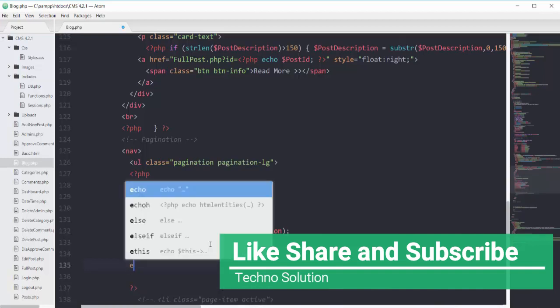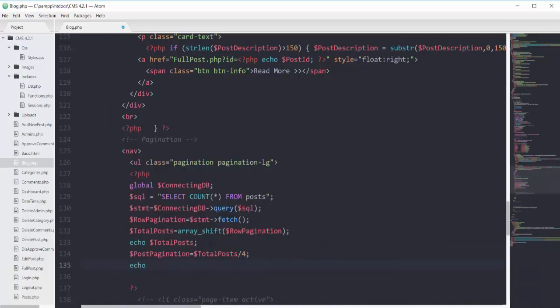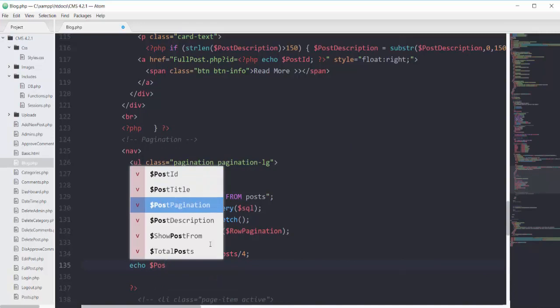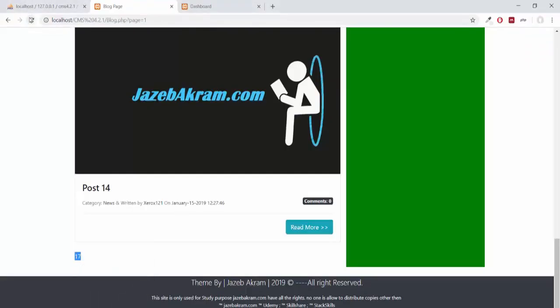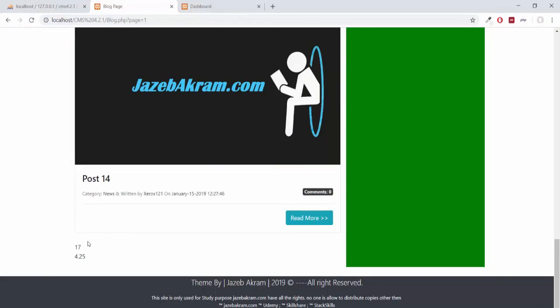Then I echo this post pagination variable, and of course we have to add the br tag to see it on the next line. If I refresh my page, you can see we got 17 here, and we will show 4.25 posts per page.